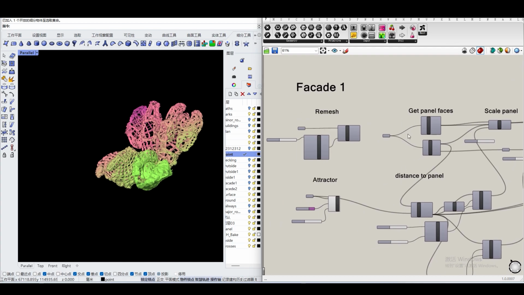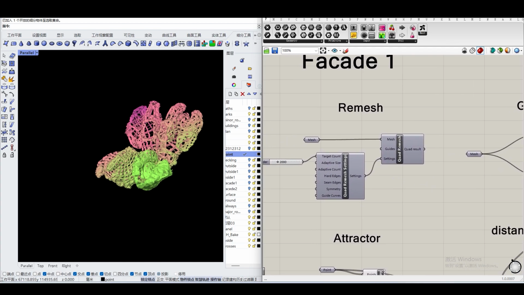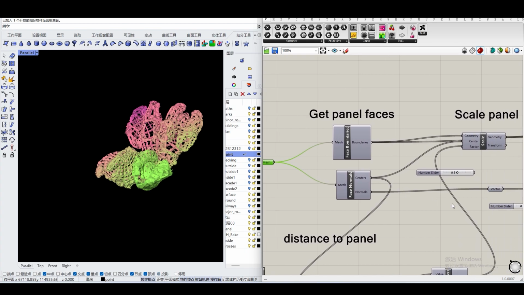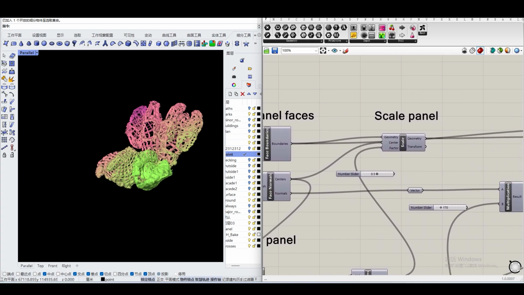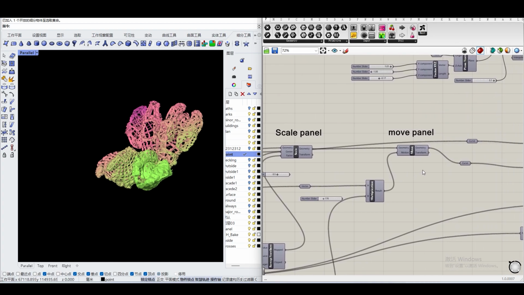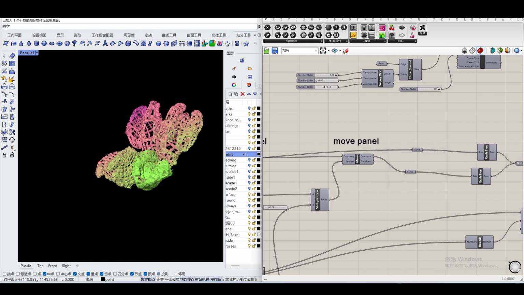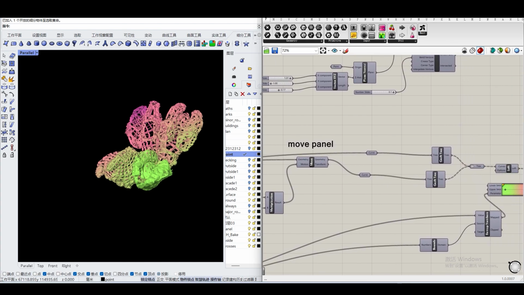For the facade one, I try to quad-mesh the surface and control the surface to about 2000 to make it easier to run on my computer. I select the mesh to create a few panels on the surface and move the panels to create larger panels on it, and get the curves on the panels on the bottom and the top, and